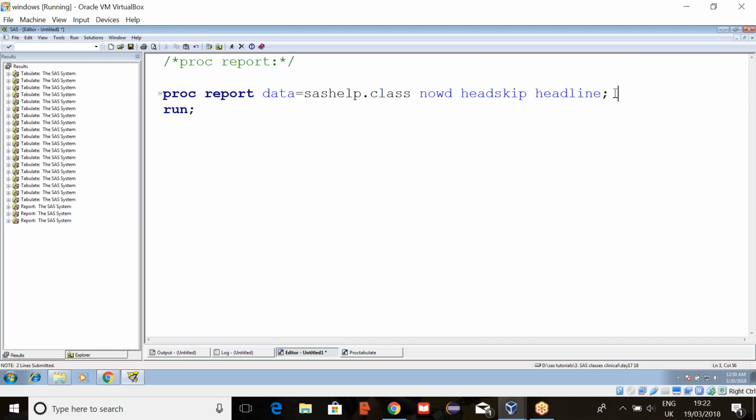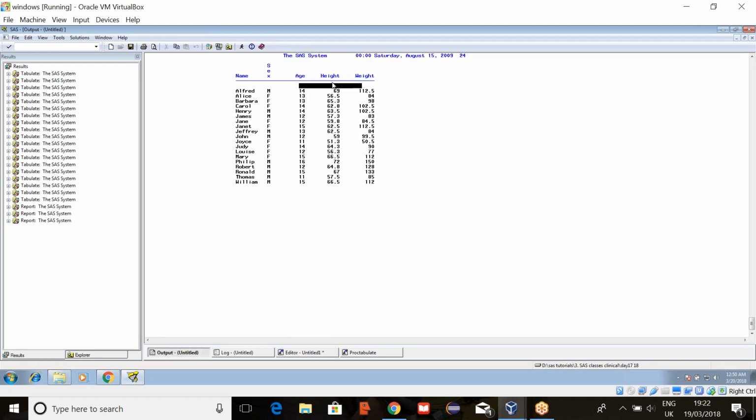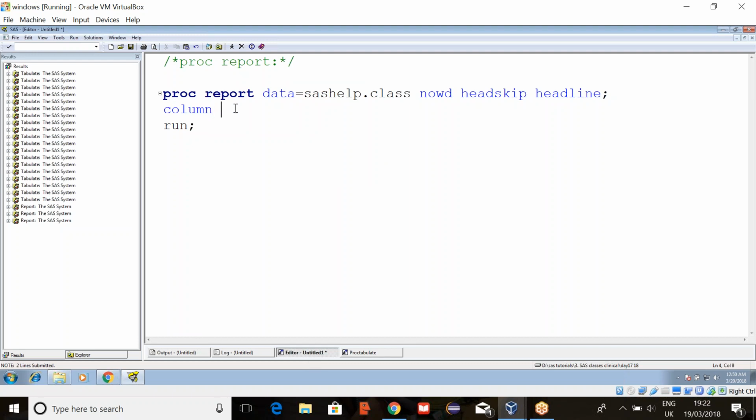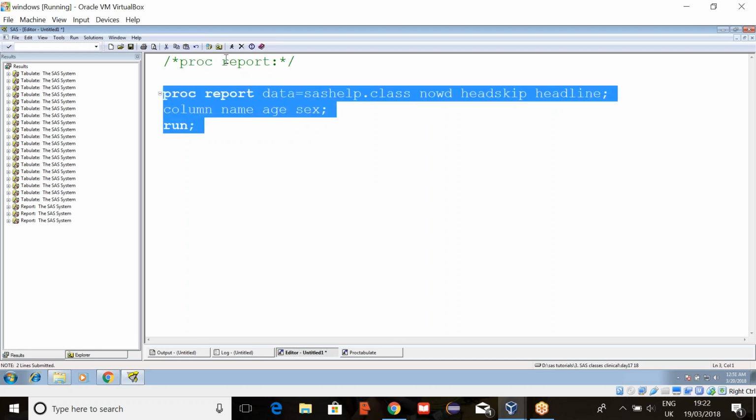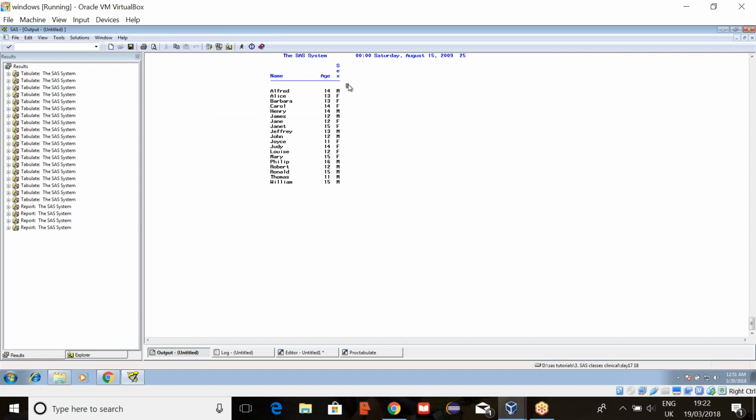So next we have a statement called the column statement. Suppose I don't want to print all the variables. In a column statement, whatever variables and whatever order you use, it will take only those variables. Name, sex, age. Here I have taken just 3 variables and also changed the order.